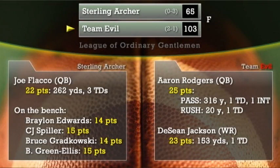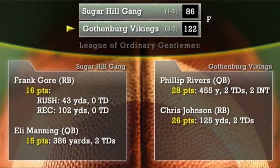Next matchup, Sterling Archer taking on Team Evil. And Team Evil prevails, 103 to 65. Joe Flacco turning things around, 22 points for him, but not enough, as Aaron Rodgers scores 25 points, Deshaun Jackson 23 points, and Team Evil prevails. Next game on the docket, Sugar Hill Gang taking on Gothenburg Vikings. Didn't need to travel to Sweden for this one. It was a beatdown. Gothenburg Vikings, relying on Rivers and Chris Johnson, kept rolling. Sugar Hill Gang sent off to Valhalla